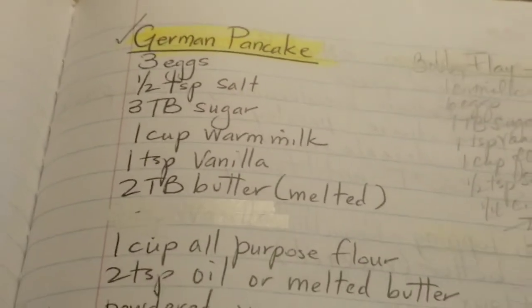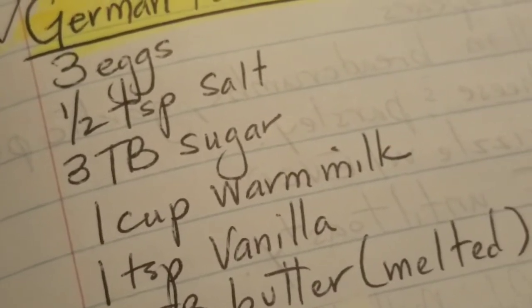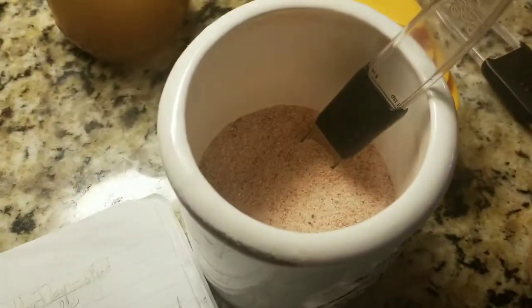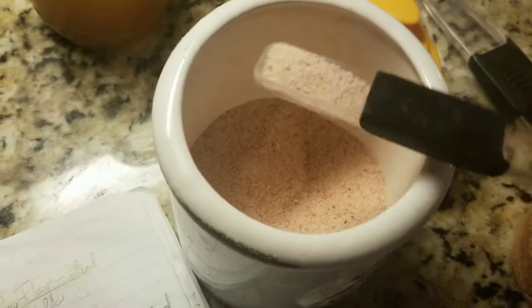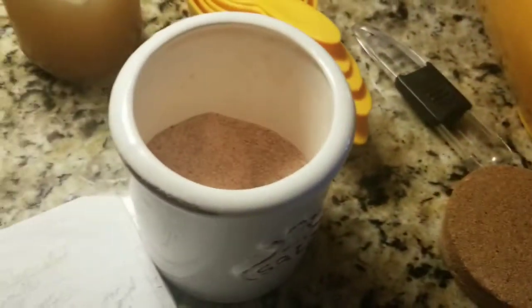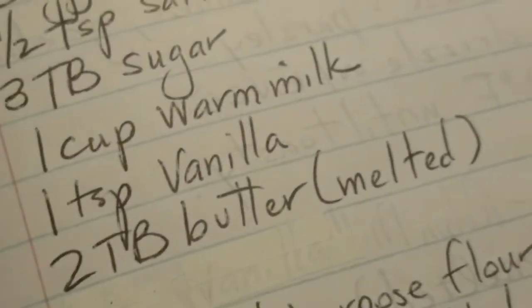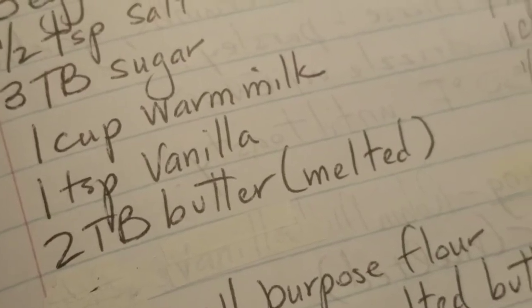So I'm going to start cracking. I have 6 eggs in there. Hard to see because they're the same color. I need 1 teaspoon of salt and 6 tablespoons of sugar. Here's my salt. And let me get the sugar. So I put my 6 tablespoons of sugar. Now I need 2 cups of warm milk and 2 teaspoons of vanilla, with 4 tablespoons of